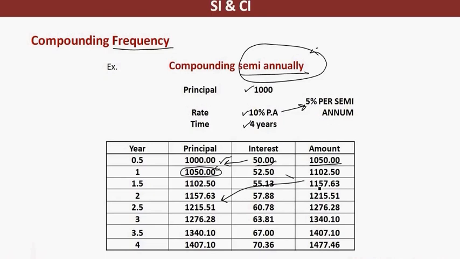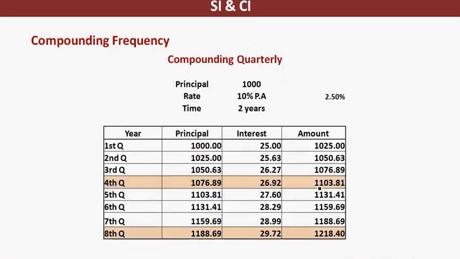For the beginning of the second half of the second year, similarly, the amounts will be calculated based upon the money that is there in my account. The same thing I am now doing in a quarterly case. Quarter means the rate of 10% would be converted into a quarterly rate. In a year, there are 4 quarters, so this rate would be divided equally among 4 quarters. The rate that I get is a 2.5% rate, which is a per quarter rate.